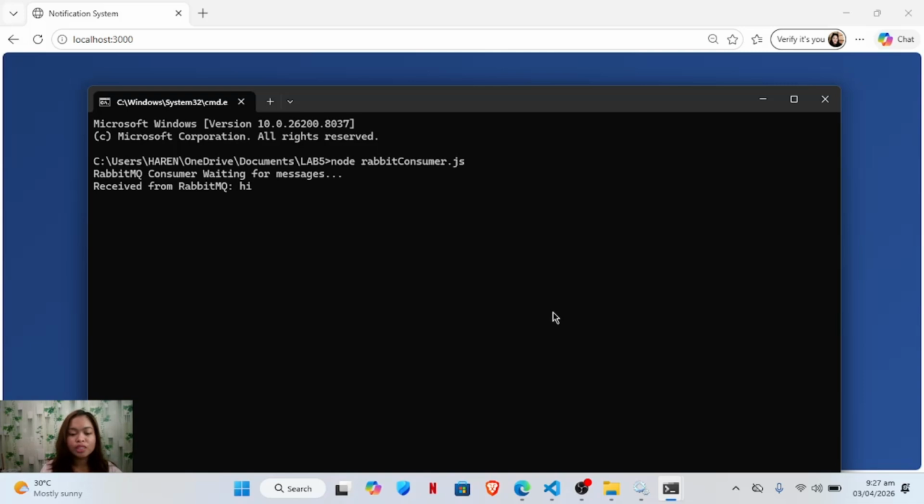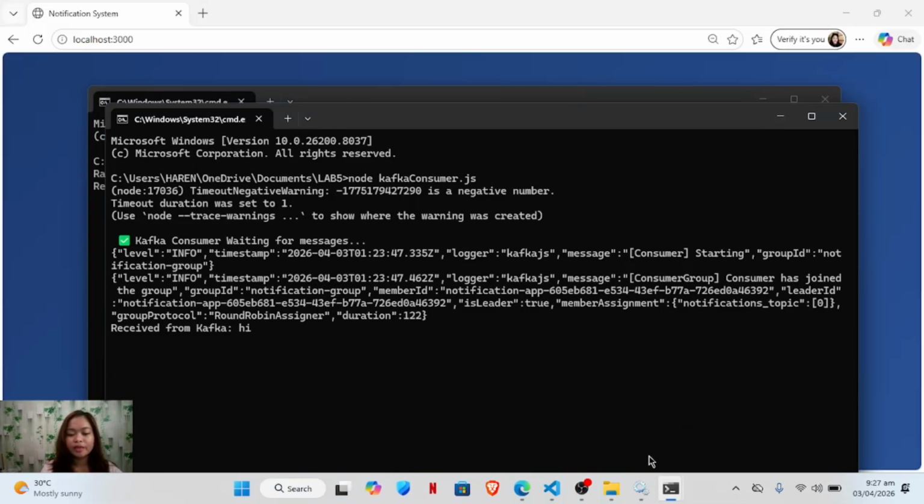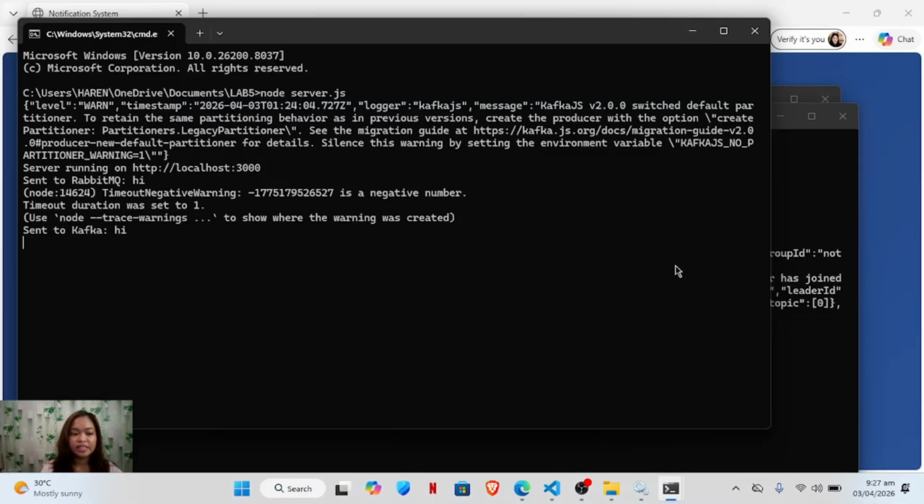The consumers receive and display the message. This is received from RabbitMQ, this is received from Kafka, and this is the one sent to Kafka.